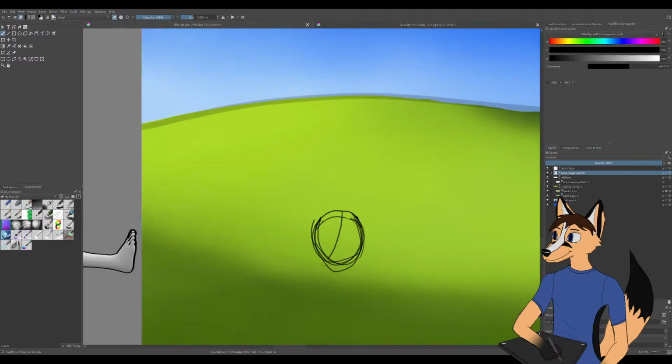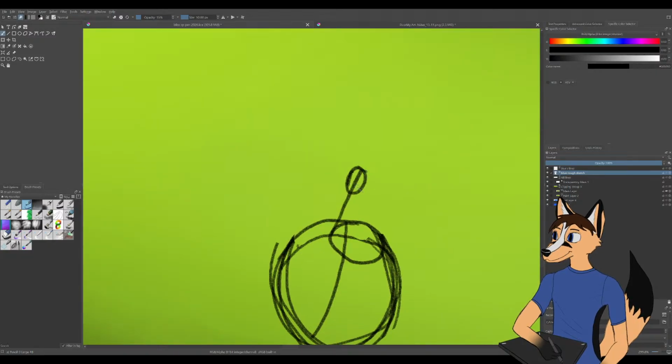And get rid of this here, and put Blue's muzzle right about here. His nose would go there. That's too big. His nose is a little too big there. That looks good.